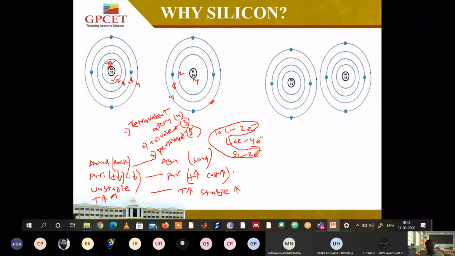As temperature is increased, silicon cannot become unstable. It is stable in nature, right? For example, we have seen China mobile phones and Indian mobile phones also. All mobile phones made with silicon cannot burst because they can withstand higher temperatures. Even when you talk with your friends for a longer time and the mobile phone is heated up, if it is made of silicon, there is no problem. Suppose it is made of germanium, definitely the mobile phone will burst.